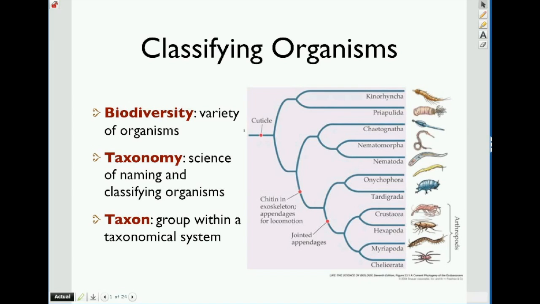Taxonomy is basically the science of naming and classifying organisms. And the big thing here is to remember that taxonomy is a human construct. Okay, so it's something that humans came up with. So some animals don't quite fit exactly where they're supposed to. For example,